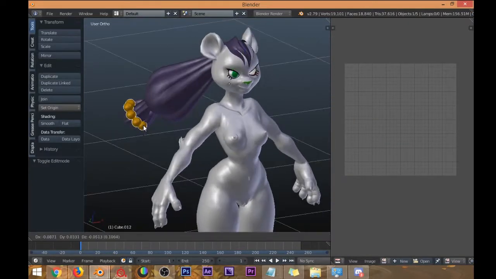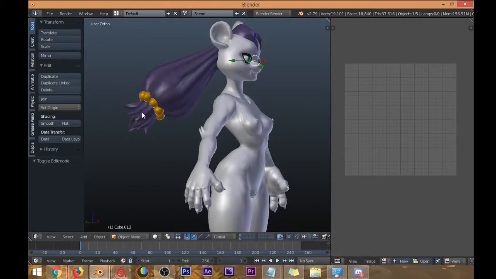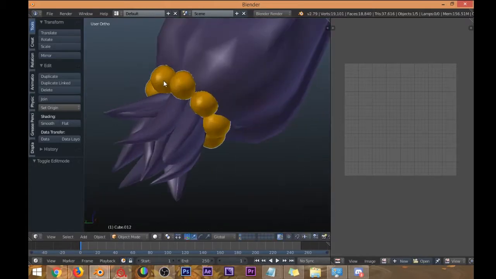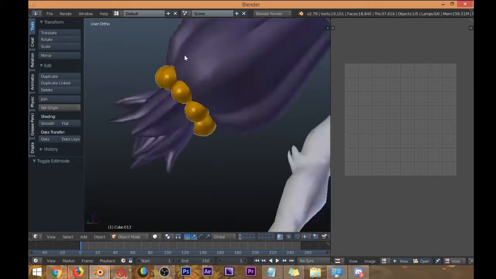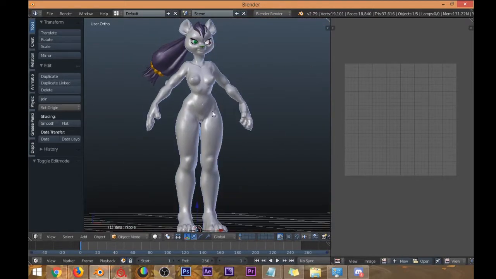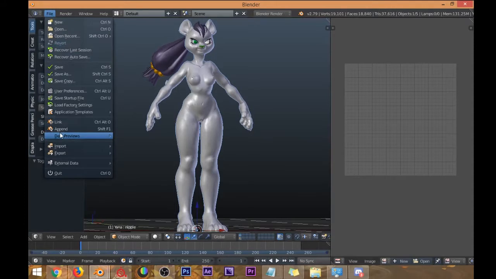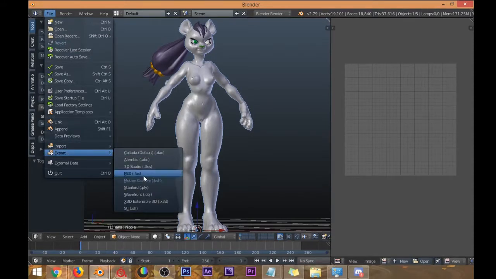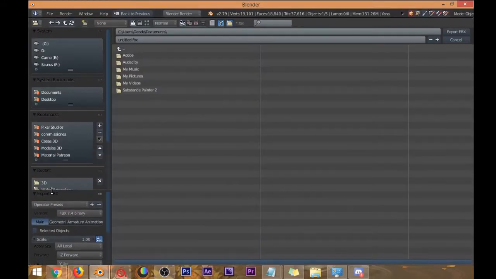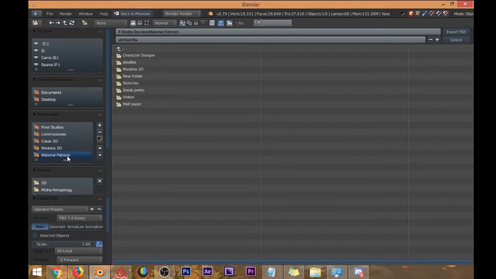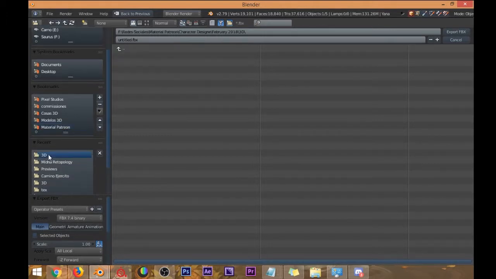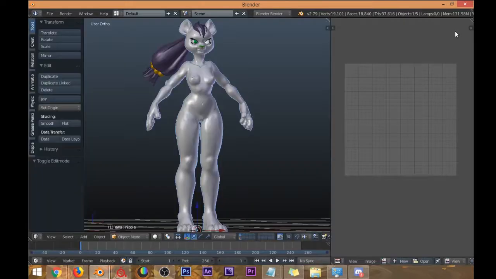And the marbles, it's something there in the hair, and it's necessary to bake these shadows and all that detail. Okay, I think this is fine. I will export this thing with FBX. I will save this, and where is it? Here? Yeah, 3D, and I will put Kalik body. Export FBX,